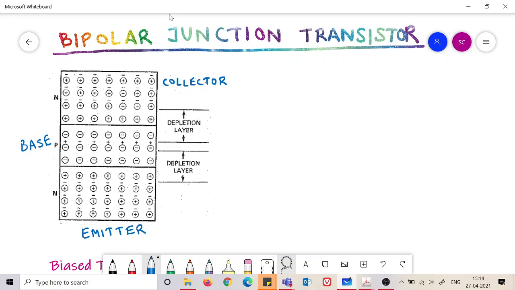Now how these two different junctions, the emitter base and the collector base junctions, are biased determines the operation of this device. That is very obvious, because unless we bias these junctions, there would be no flow of current through the device. So no useful service we would obtain from this device. If we need to obtain any sort of useful service from the device, we need to bias these junctions. So how these junctions are biased determines the characteristics of the transistor.